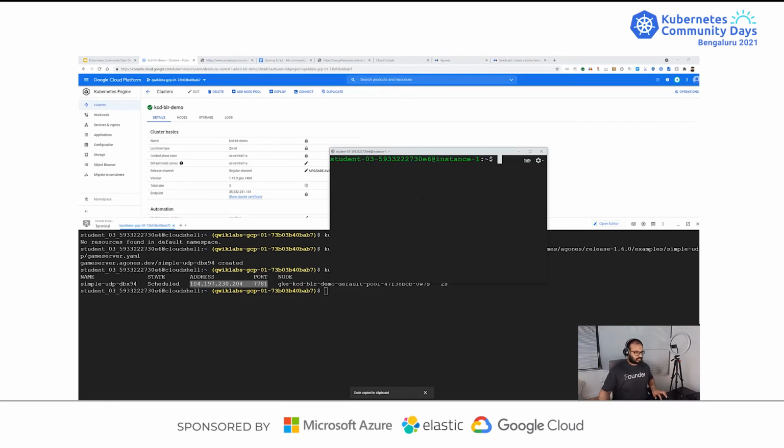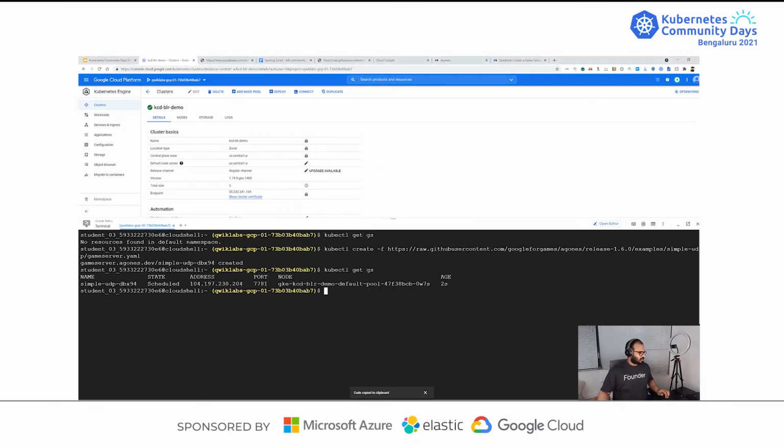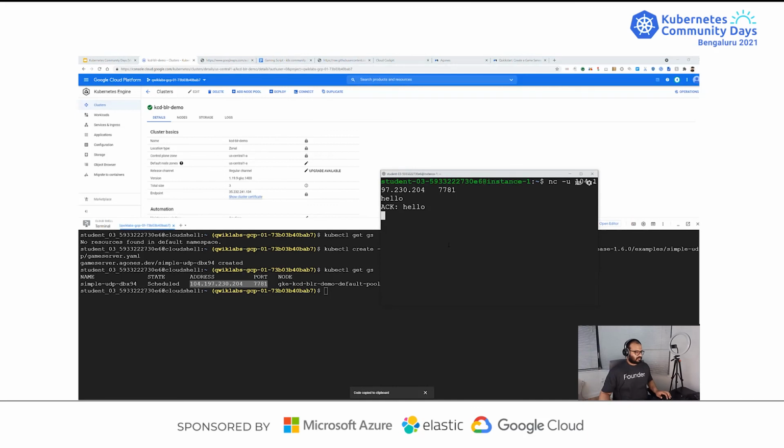Let's connect to it with netcat, nc -u, and say hello. We created a virtual machine, connected to our game server, and got an acknowledgement out of it, which means our game server is actually working.